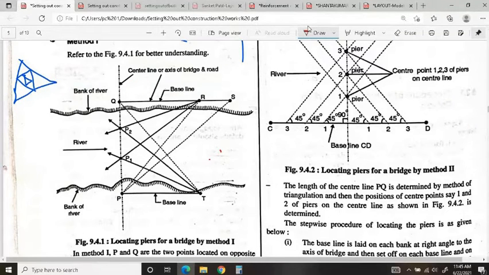Okay. So here we will be having one pier, that is abutment, and here we will be having one support. If the width is more, we require two supports depending upon the length. Say we require two supports here. If the width is very small, then we will require only one support.